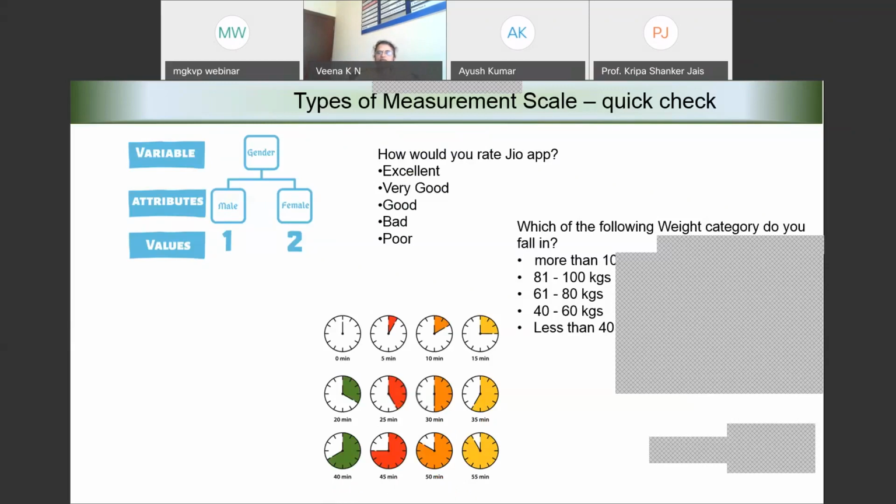If I'm asking you to measure time, let's say time taken to complete a work. Nominal, ordinal, interval, or ratio?